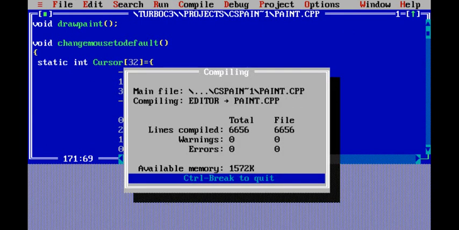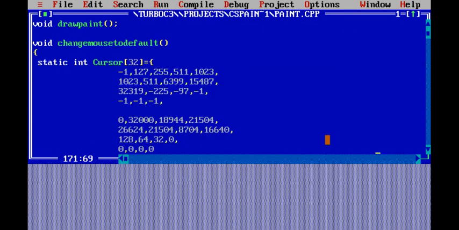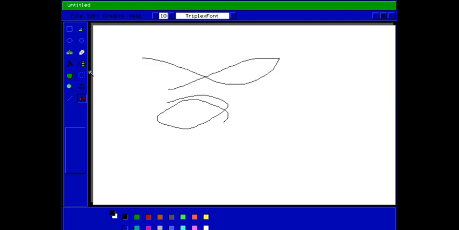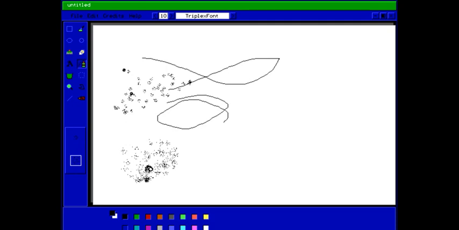First I compile it, and when I compile it there is no error. Now let me run it, and I run it. So here this is the file, and this is the pencil. See the icon which is in the shape of the pencil, this is the pencil tool, and then you have this tool to spray paint. This is a tool with a larger size and this is with a smaller size. Then you have this